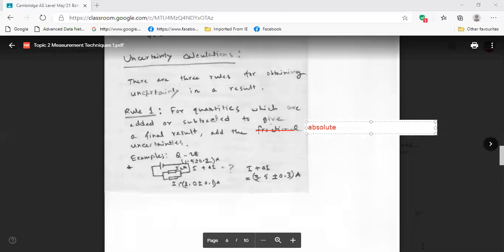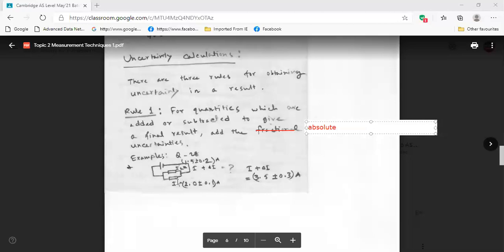Absolute and another one relative. Yes, relative uncertainty. So this one is talking about absolute uncertainty addition, right? If we are doing any quantity, addition or subtraction, then we have to add the absolute uncertainty. But here in this circuit we have